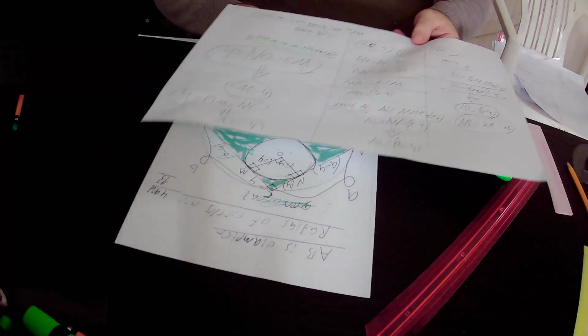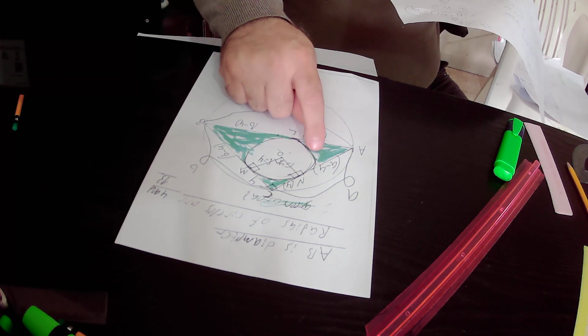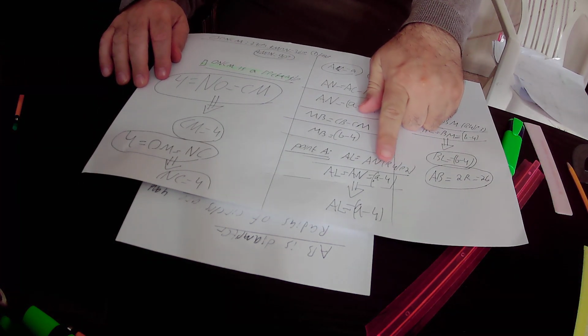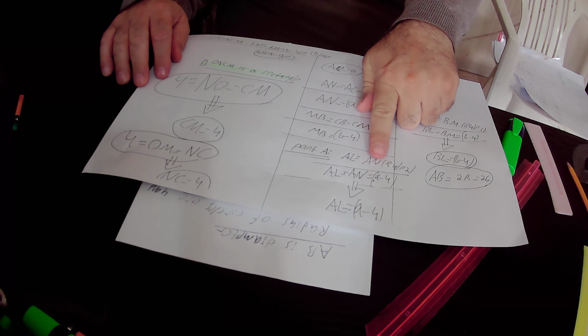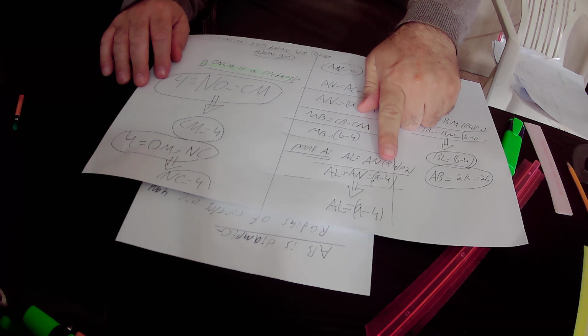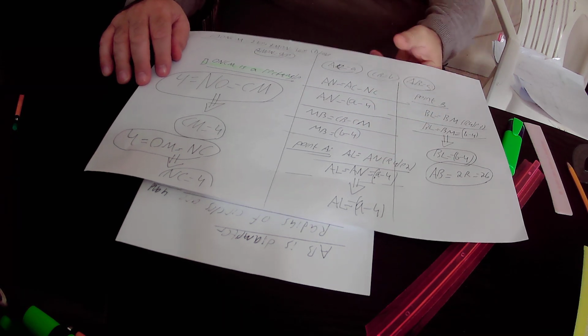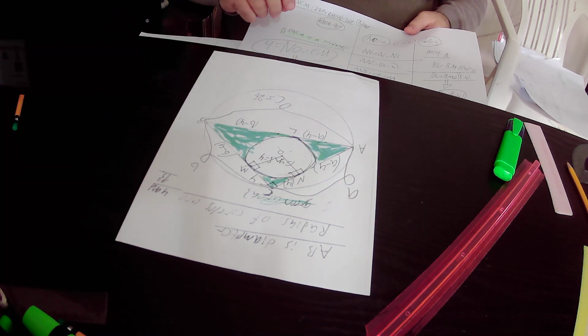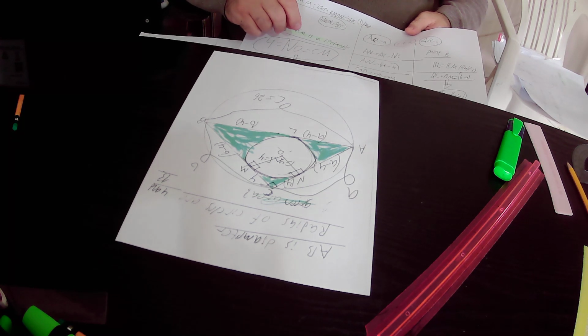But here we already found out that AN equals A minus 4, so we can write here that AN equals A minus 4, and from this equation, AL equals AN equals A minus 4, we derive that AL is also equal to A minus 4. Okay, likewise,